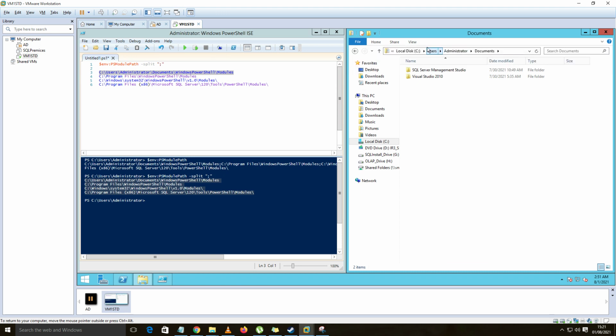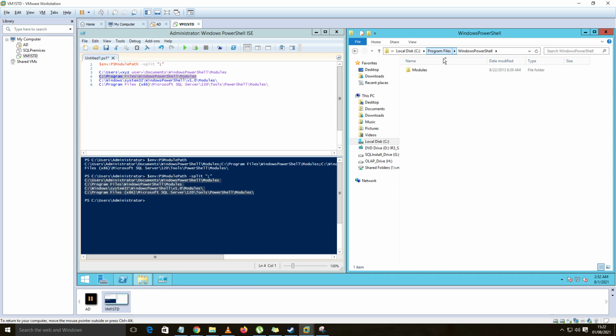If you install any module that should be accessible only to the current user, it goes here. I am currently logged in as an administrator, which is why it shows Administrator. If you log in as some XYZ user, then the path will be the XYZ user profile. This is the most common directory and it exists since the Windows installation itself. As you see, it is currently empty because I don't have any installed module in it.